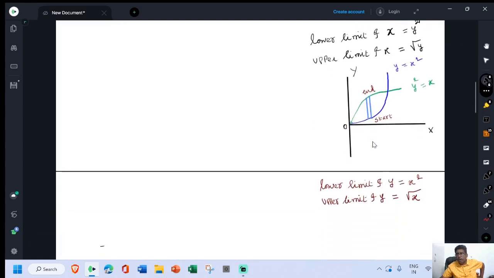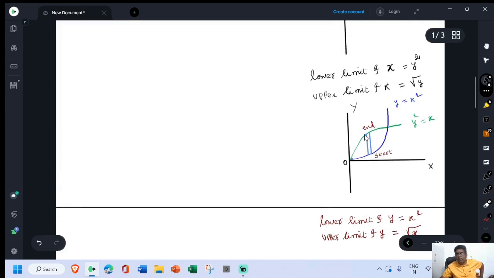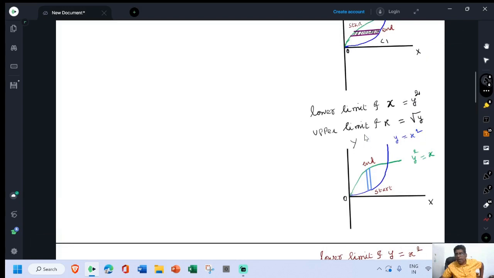Now come to the lower and upper limits of y. To find the lower and upper limits of y, we have to draw a line parallel to the y-axis. We can construct a strip parallel to the y-axis. This is the starting point, this is the end point. From the origin to the maximum value, we have to draw the strip. That strip should be parallel to the y-axis because we are going to find the lower and upper limits